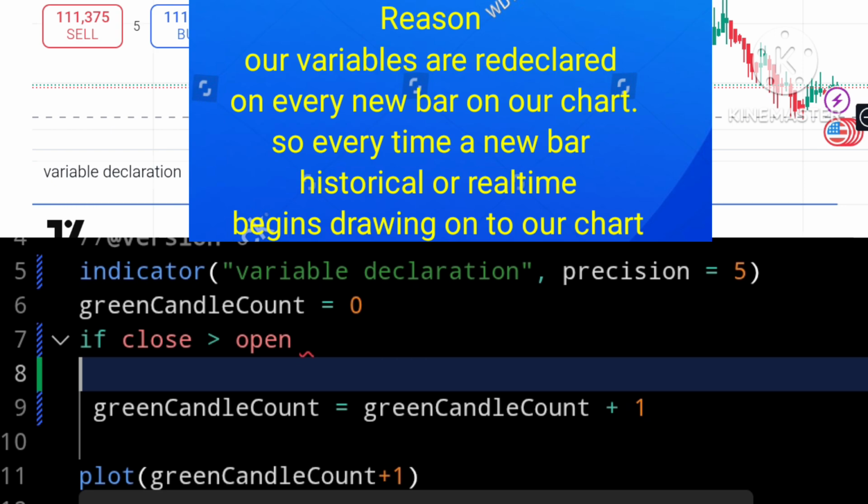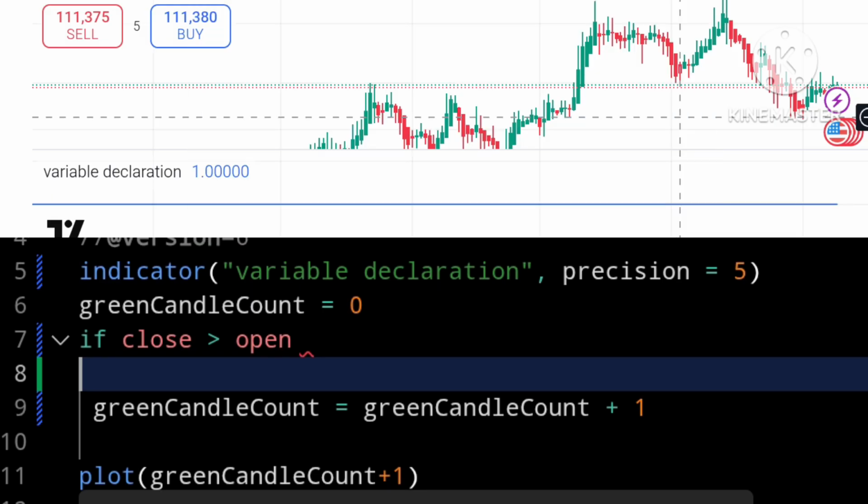The reason for this is that our variables are redeclared on every new bar on our chart. So every time a new bar, historical or real time, begins drawing onto our chart, our script code is run all over again. It just keeps looping our code.